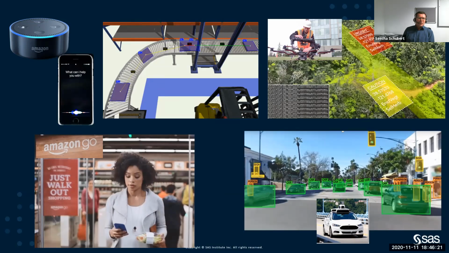Similar to manufacturing processes, shown here in the top left-hand corner, where you might have an assembly line and cameras that monitor this assembly line and identify issues with the quality of the product that's being produced. Automatically, when they identify an issue, they create an alert, and based on that alert, some action is taken.